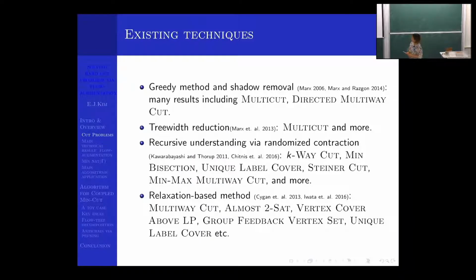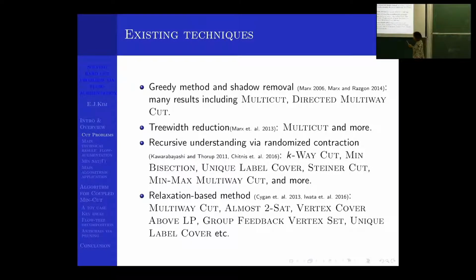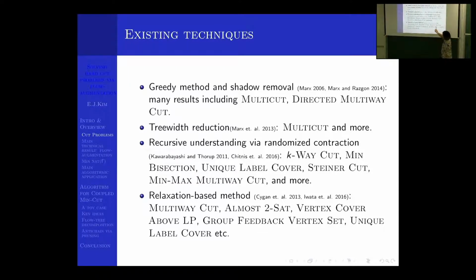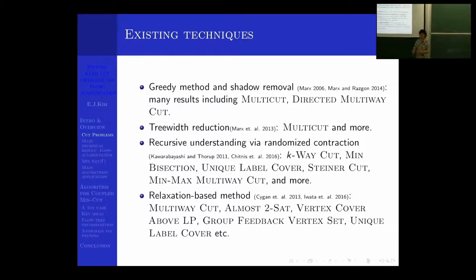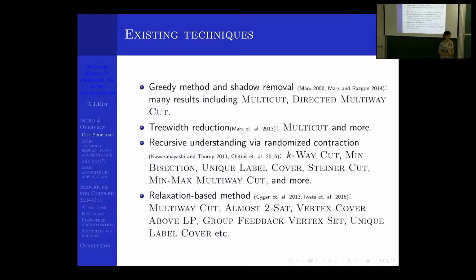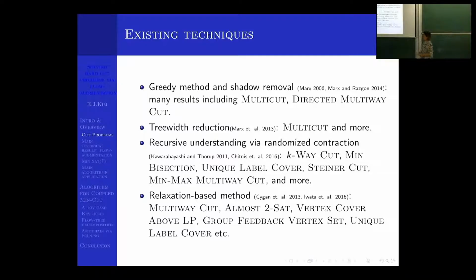The last one I want to mention is a relaxation-based method. So maybe some of you already know the vertex cover. When you formulate it as an LP, it has the half-integral property, meaning that there is a fractional optimal solution where all the values are 0, 1/2, and 1. Also, this property is known for multi-way cut as well. And using this half-integral property, they do some very fast branching algorithm,